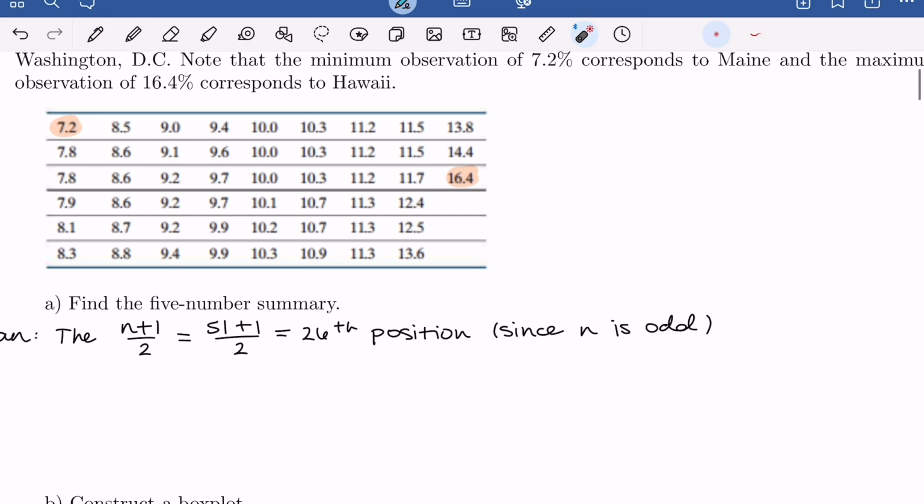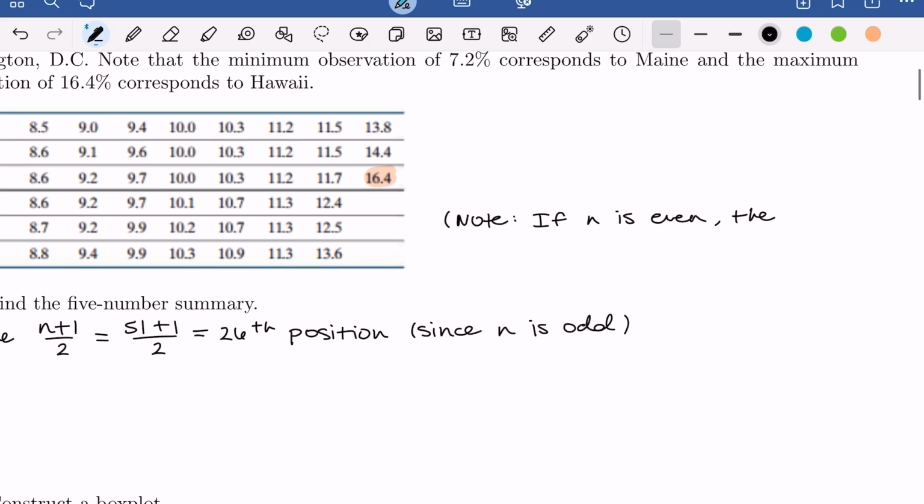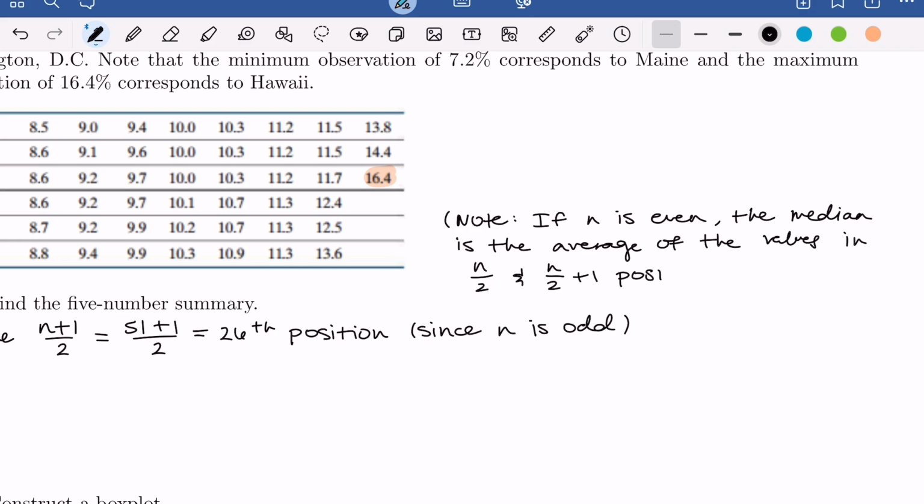Now, just something to note here: if n is even, then the median is going to be the average of two values. Let's write this here. If n is even, the median is going to be the average of the values in the n/2 and the n/2 + 1 positions. So if n is even, we do kind of the same thing, but instead of doing (n + 1)/2, we find the average of these two positions